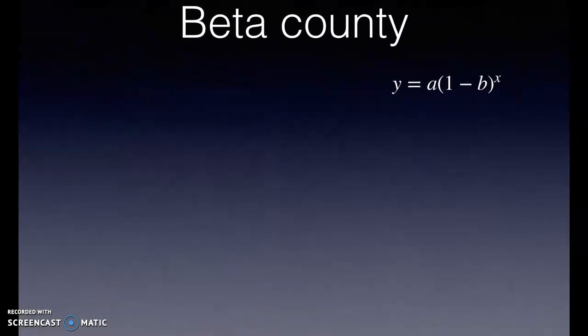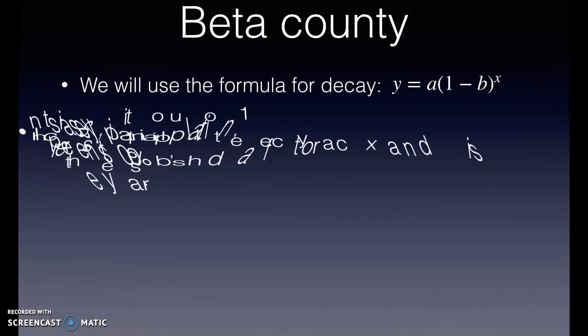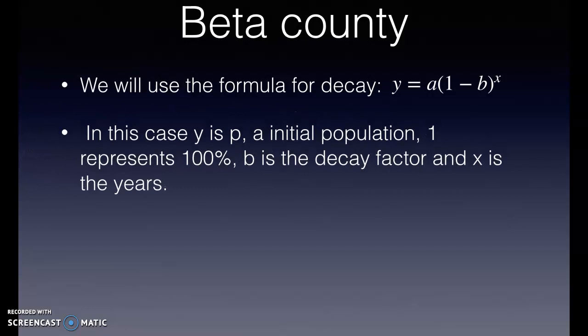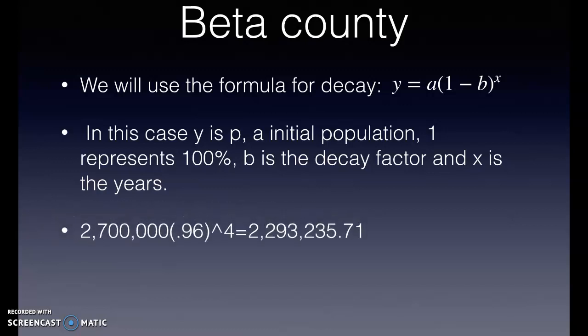Now for Beta County, it's a little more interesting. You're looking at the decay formula. So for the decay formula, in this case, let y be equal to p, where y is the population, a is the initial population, 1 represents 100%, b is the decay factor, and x is the years. So if we have 100% minus 4%, that leaves us with a decay factor of 0.96 written out in decimal form, which is 96%, right? So what we would do is look at it this way: 2.7 million times 0.96 raised to